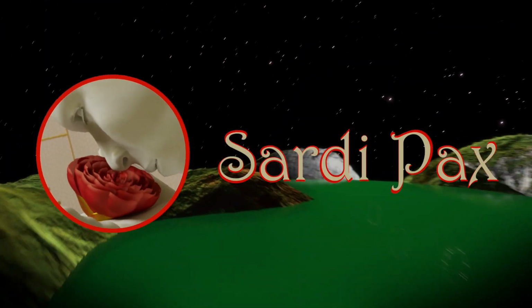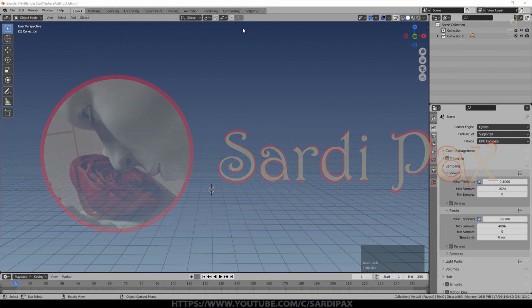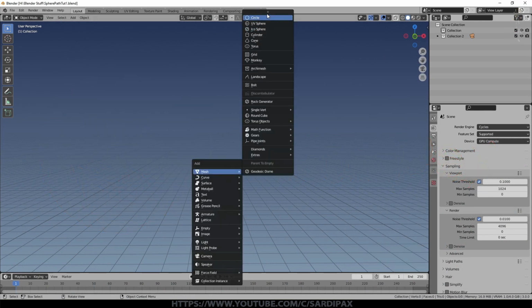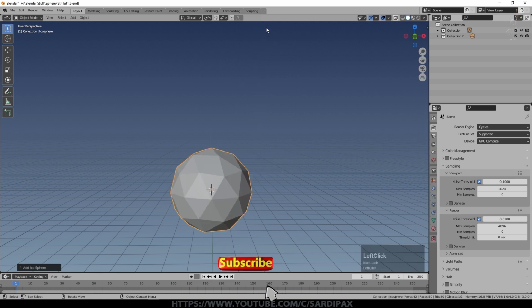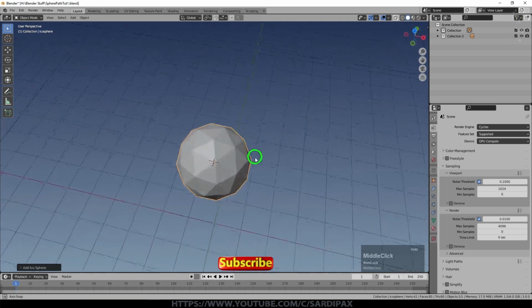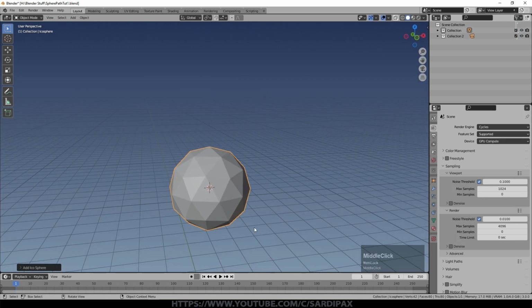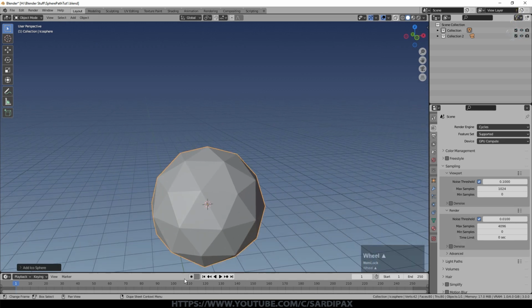So to begin with, we need to build our little mini planet. As you might expect, I can either add a UV sphere or an icosphere. I actually added an icosphere just because the geometry is more even. With a UV sphere, all of the geometry joins at the top and bottom, which may give you some problems with some of the effects we're going to do later on. So I prefer to use an icosphere for something like this.